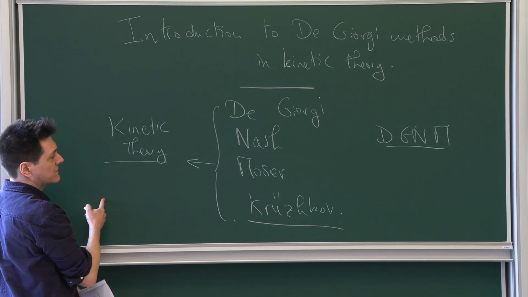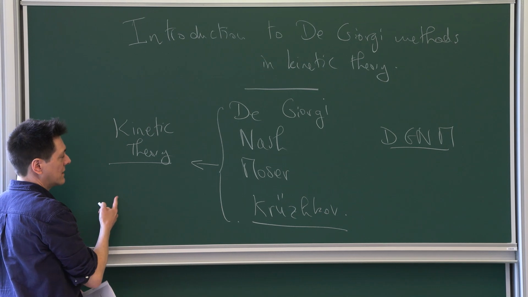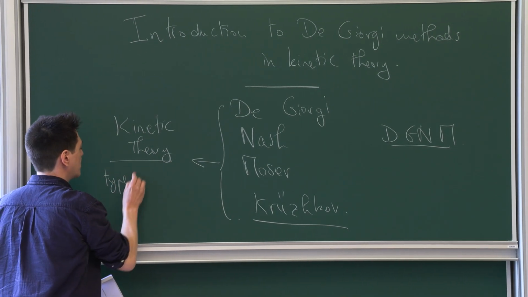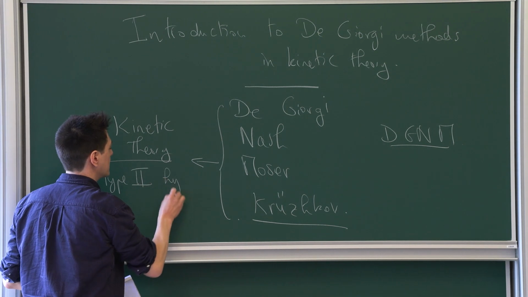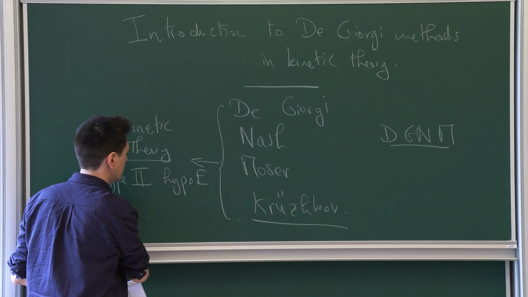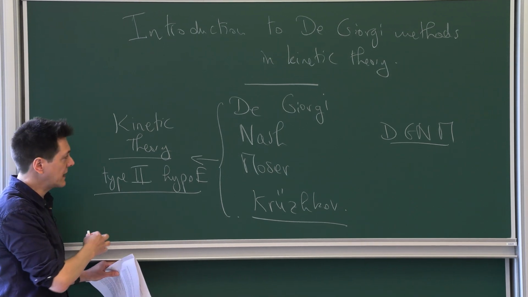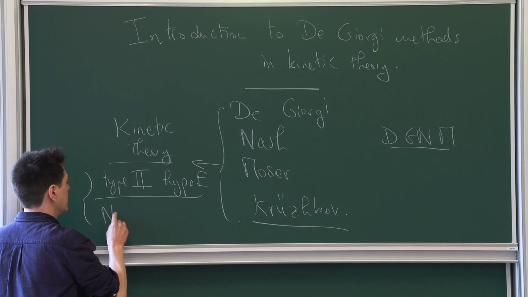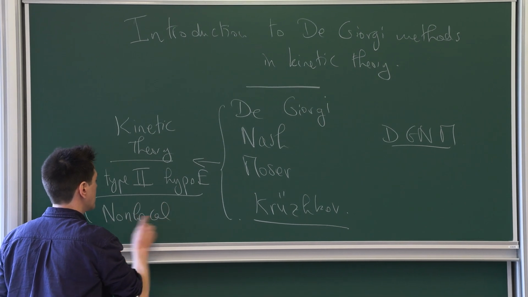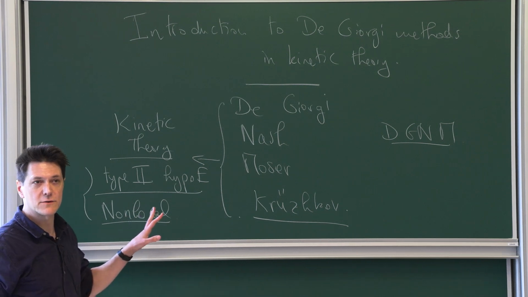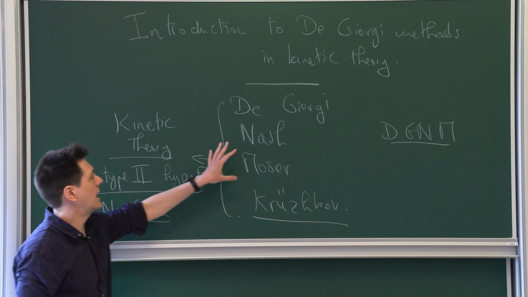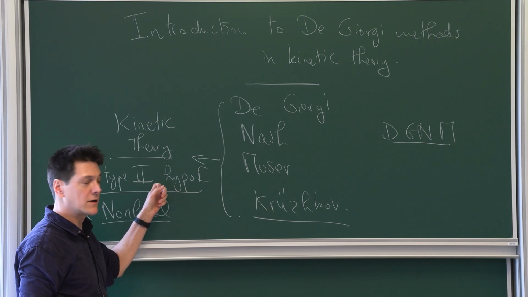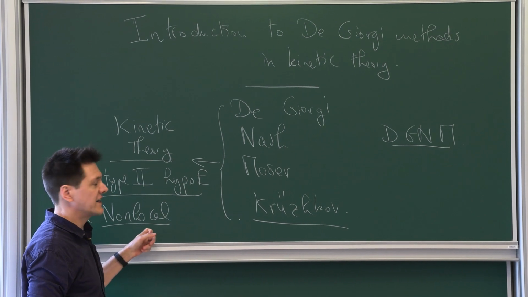But if you want to think in terms of class of equations, what I'm really interested in is the extension of this classical theory to type 2 hypoelliptic PDEs, in the sense of Hörmander. I will explain that now. And an additional feature that we encounter a lot in kinetic theory is non-local operators. Okay, so that is the very short summary. I would like to understand how we can extend this classical theory to type 2 hypoelliptic equations occurring naturally in kinetic theory, and if possible, non-local.